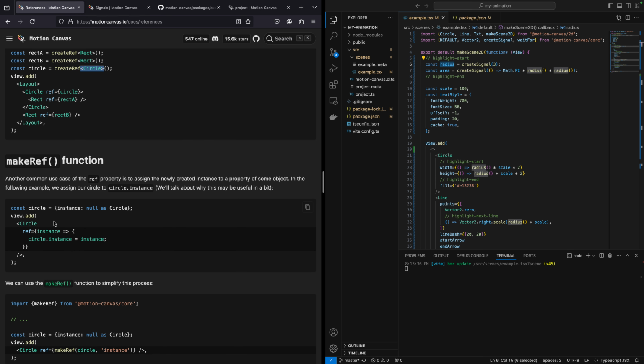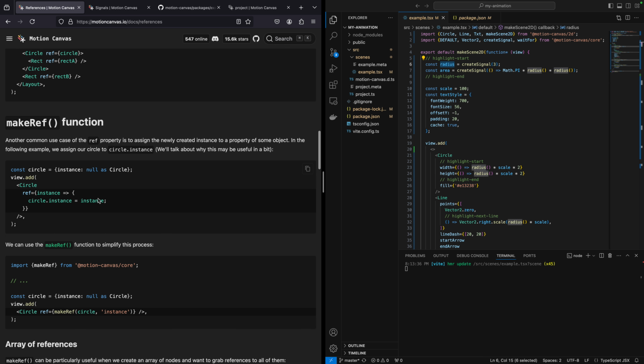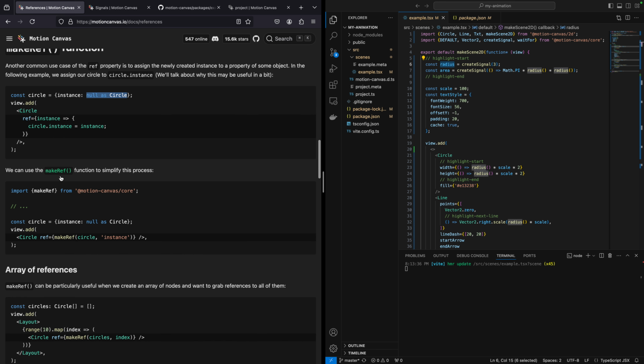Another common use case of the ref property is to assign the newly created instance to a property of some object. In the following example, we assign our circle to circle.instance. We'll talk about why this may be useful in a bit. So our circle is an object, so it's instance null as Circle, and then inside of here we have circle.instance, because this is an object, so circle.instance equals instance. So instead of equal null as Circle, which I think is a TypeScript thing for just null, so this is the old way of doing it. So then if we do makeRef,